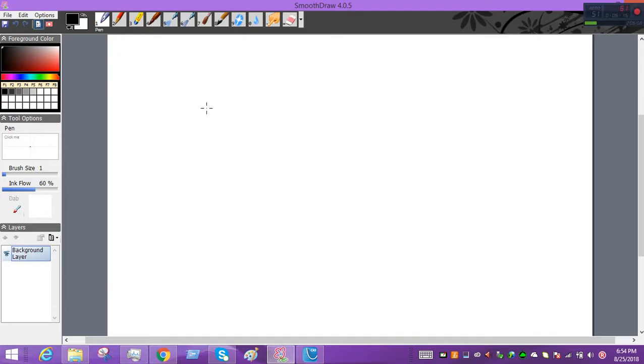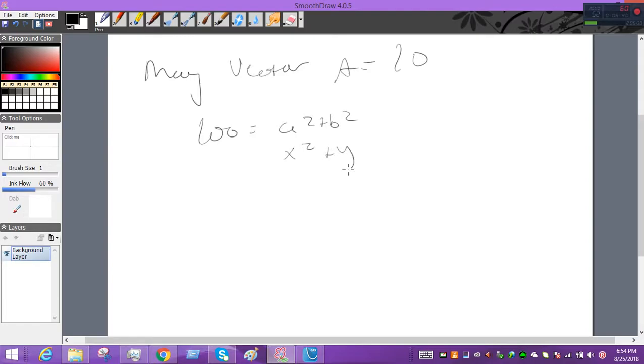Okay, so the next question says the magnitude of vector A equals 10, and it wants to know which of the following could be the components of A. So essentially 10 squared, so 100, will equal A squared plus B squared, or for that sake x squared plus y squared,